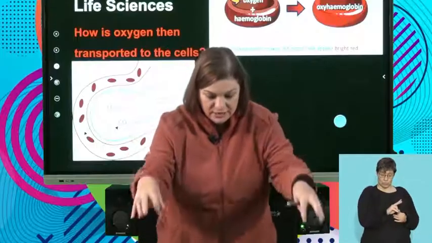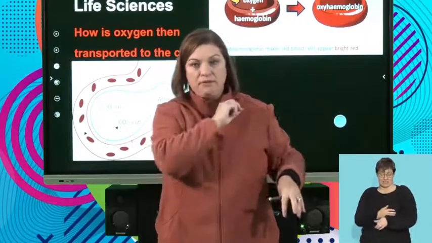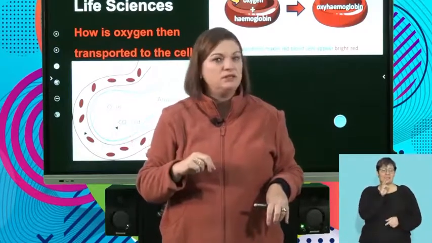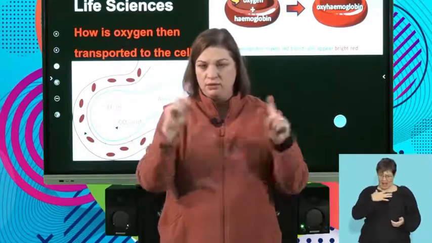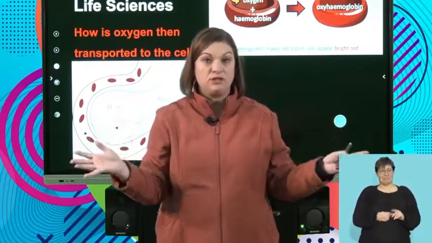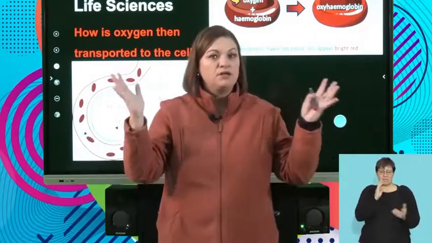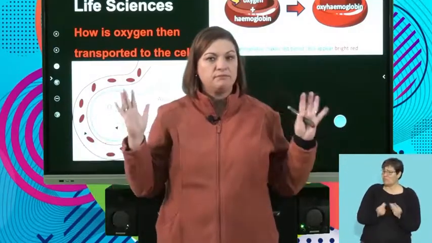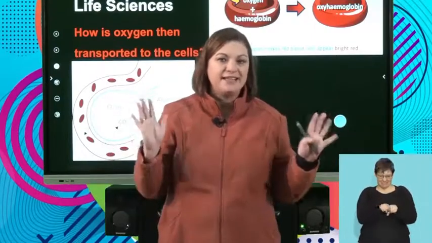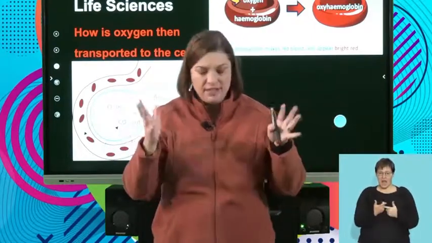Oxygen needs to get into the blood. Now we have a problem. Blood is water, and oxygen doesn't like the water at all. Oxygen doesn't like water, but blood is water. So now we have a problem, but we can solve it. How? Blood gets carried in taxis. Blood gets carried in a taxi. There's a carrier that picks it up.